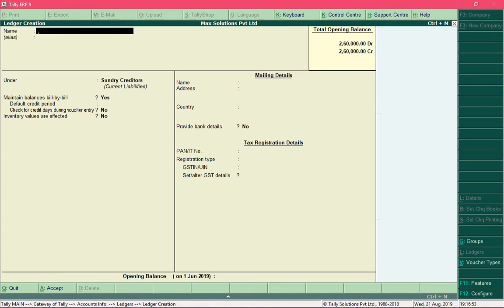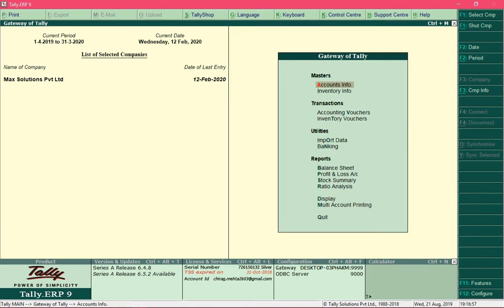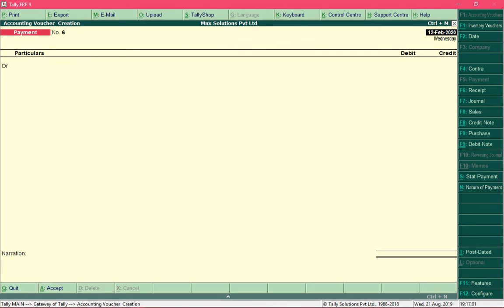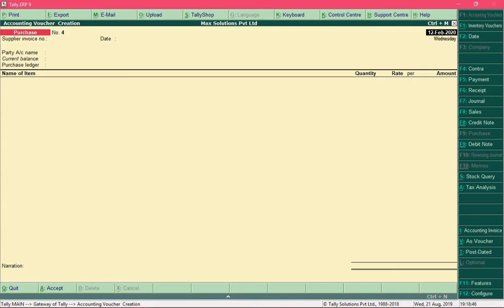Now we will proceed with recording the entry itself. So I will select the option accounting vouchers, and we need to record purchase of service. So I will access the purchase voucher by pressing the F9 key. And if you remember, at the beginning of the course I told you that there are 3 modes in which we can record purchase entries. One is by means of a journal entry, another is item invoice mode, which we use to record purchase of inventory, and the third mode is accounting invoice mode. So we are going to use accounting invoice mode to record this purchase.